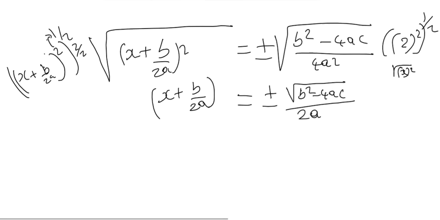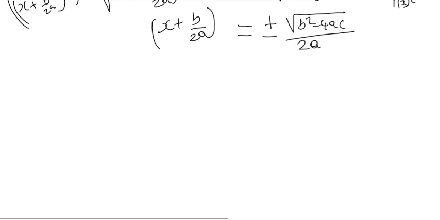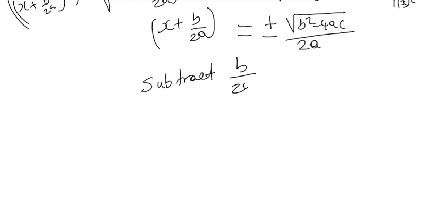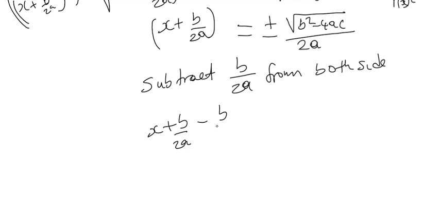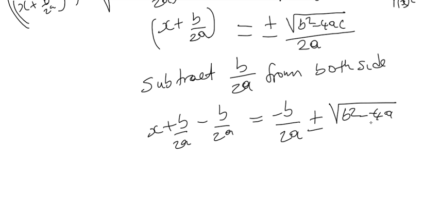Alright, very promising and very close to the final formula that we need. So we're just going to have to subtract b over 2a from both sides. Alright, so x plus b over 2a minus b over 2a equals negative b over 2a plus or minus the square root of b squared minus 4ac